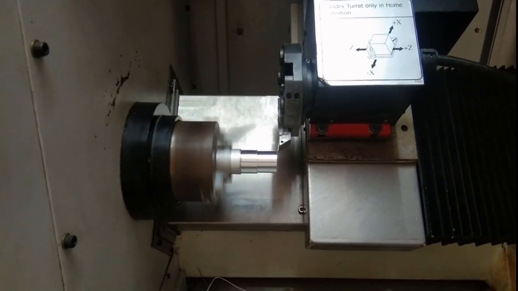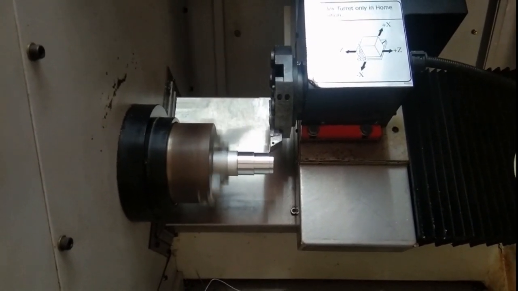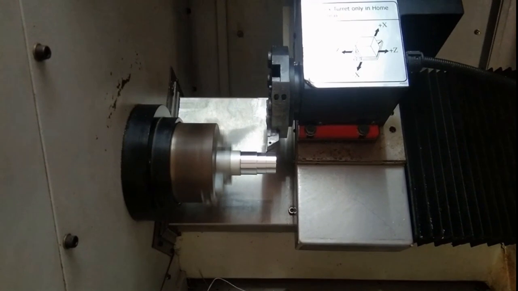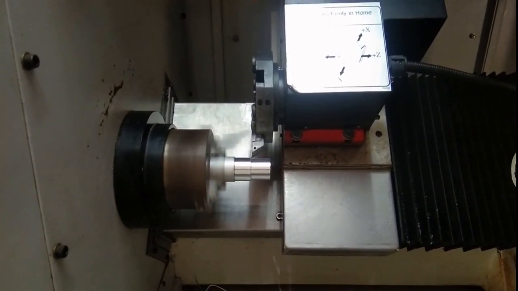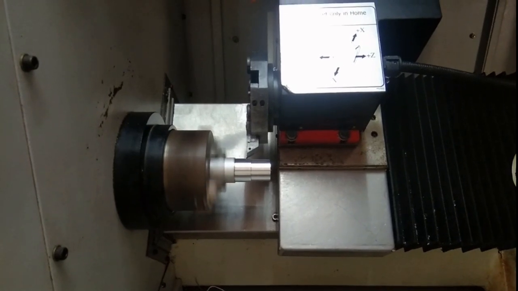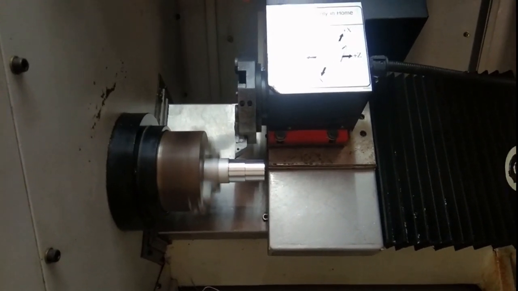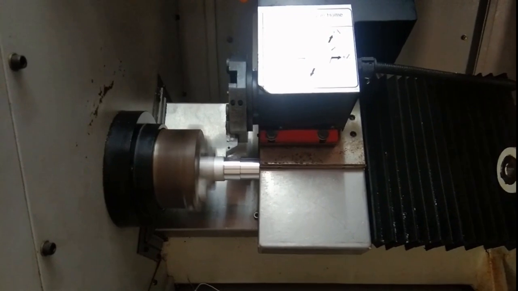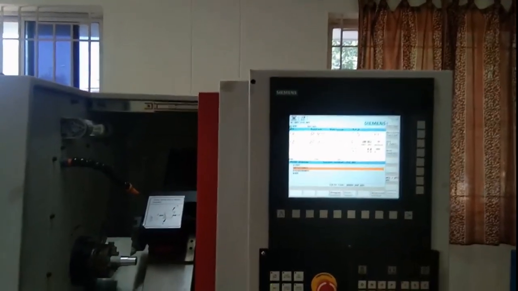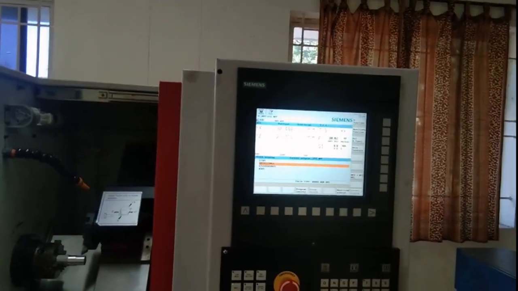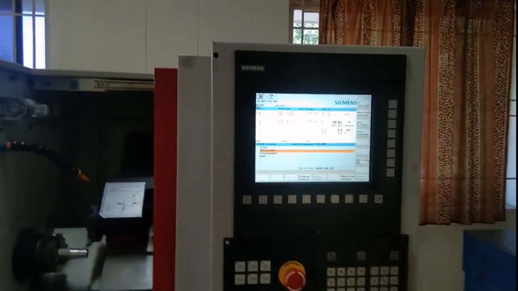Now the finish cycle. The finish cycle is started with the respective G code. Yes, G94, I already told you about the finish cycle. Yes, the finish cycle is carried out by the control unit. The tool is retracted from its machined condition to the datum position.